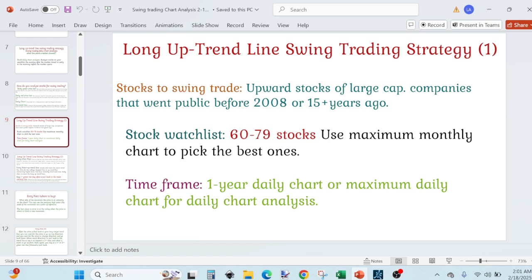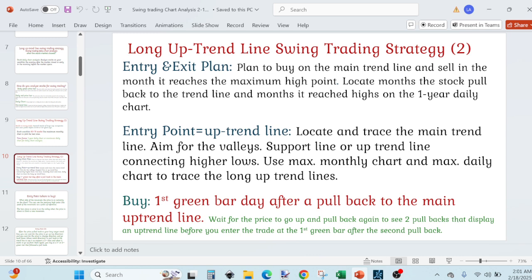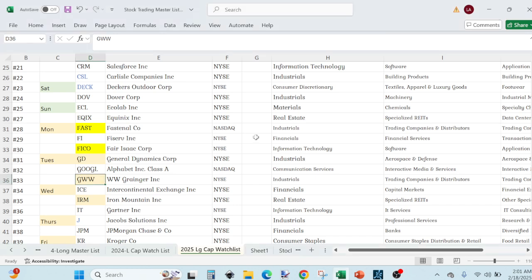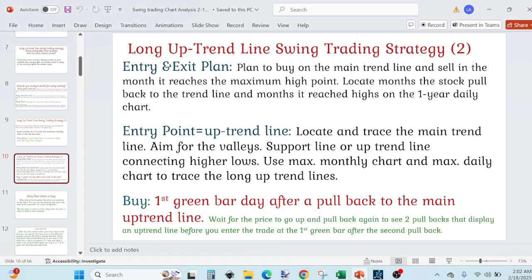It's good to have a stock watch list that you handpick yourselves, and from that watch list daily you just analyze the chart of those stocks. And it's good to have a stock watch list of a certain number of stocks that you think you can analyze within an hour every day, and you do that at the end of the day when the market is closed, when you are back from work, if you have a full-time job outside of your trading, or you do it early in the morning. If you didn't have time in the evening to do it, you do it early in the morning before the market opens. And you just keep analyzing those stocks day after day,